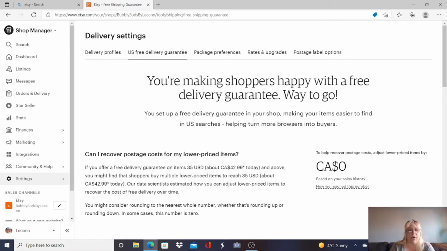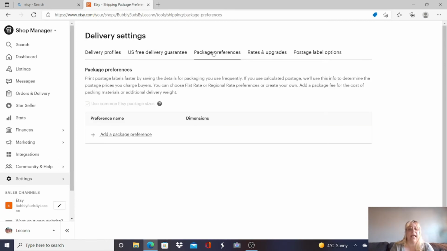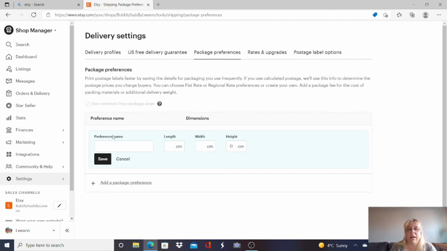Okay, so I've done that. So let's go to package preferences. And as you see, I have none because I have not done this. So what we're going to do is add a package. Now I can name it. So I guess I'm going to call this one. So I have here, if you see